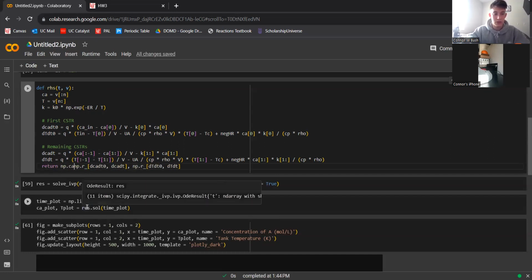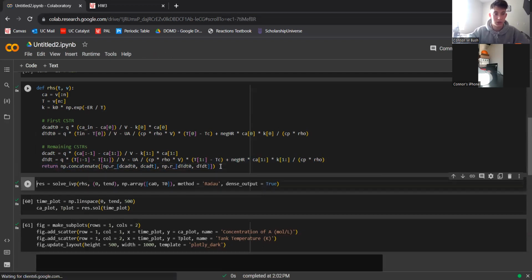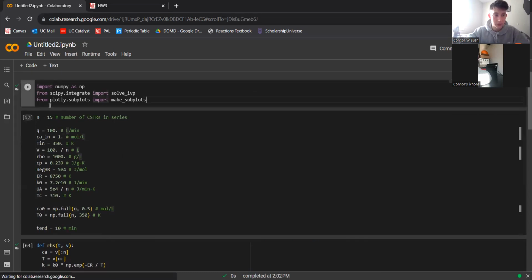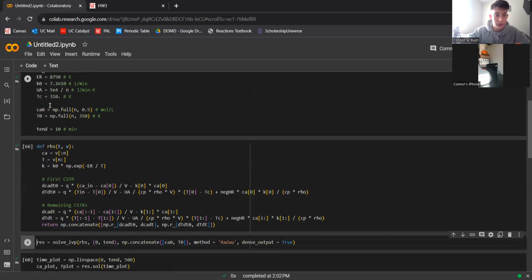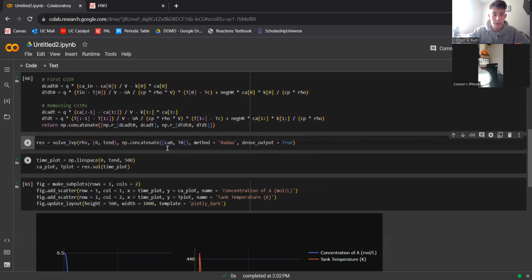So we can concatenate both of these so it's a single one row array, starting with all of these values of concentration and then all of these values of the temperatures. And then what we need to do, instead of saying np.array, we're going to concatenate these from here, making sure everything's good, because we can combine these since they are both one row, the shape matches,